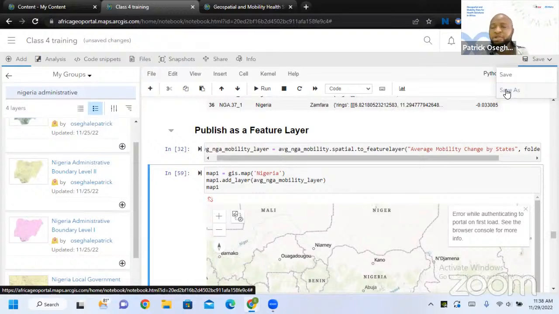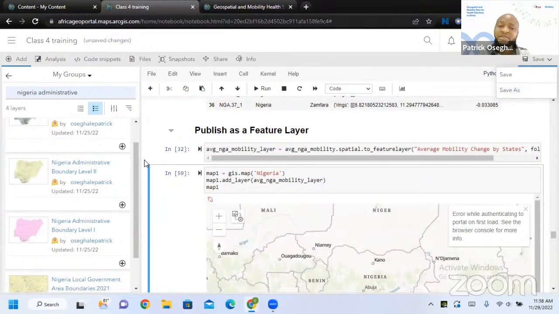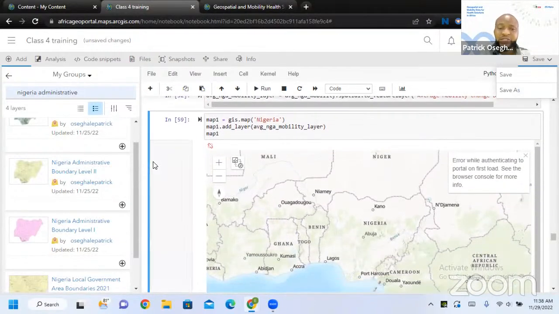Don't save your map on the group, don't save your work on the group, so that you'll be the one that will access your content. Nobody can access your content. If you save your work on the group, everybody will see it, anybody on the group will see it, and then you know what it is. What you've labeled, somebody can just replicate it, tweak it a little bit, and it becomes the winner of the hackathon. So let's make that a best practice as well.